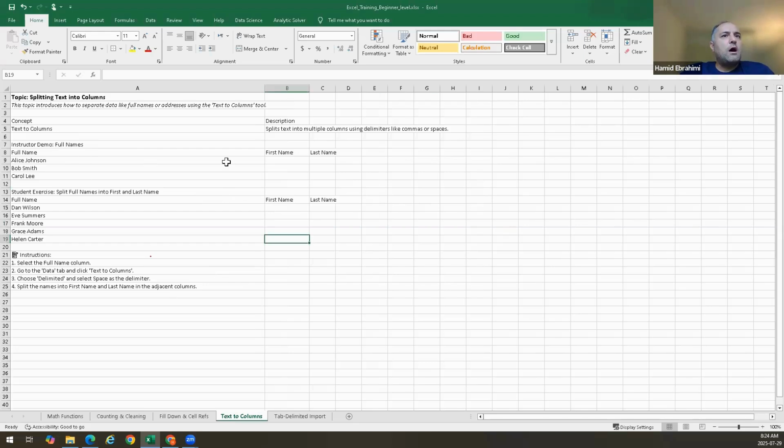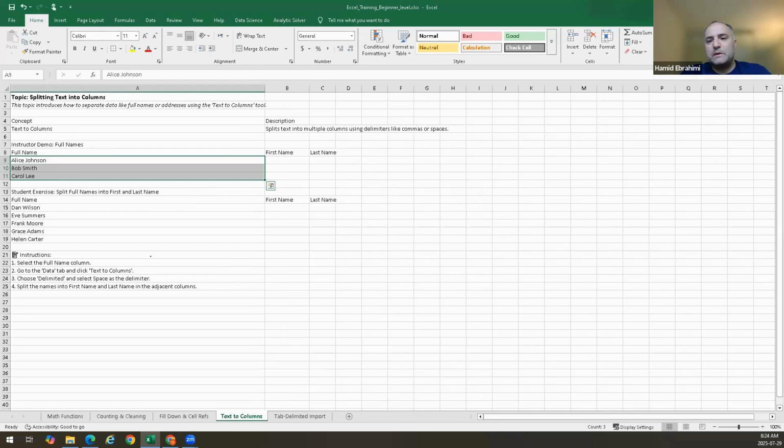All right. Let's do text to columns. I asked people to fill up something, but they put both their first name and last name there because I said full name. Now I want first name to be separated from last name. Okay. So what I can do is select the full name column,